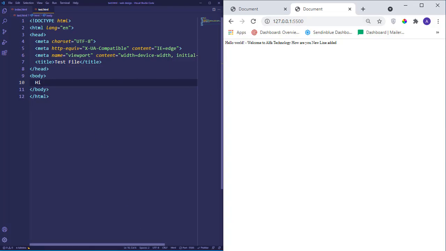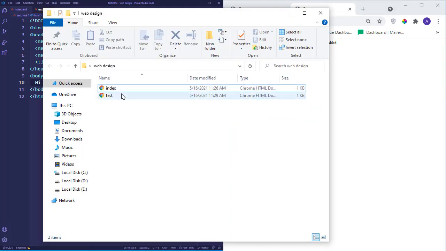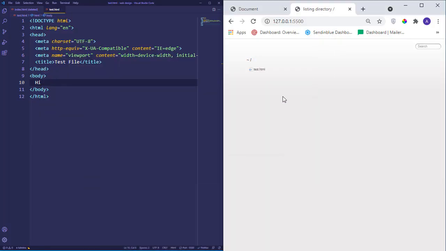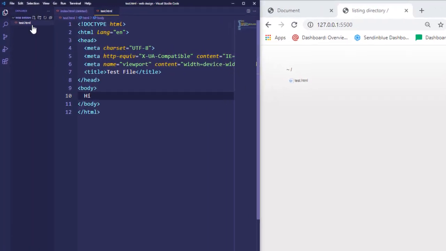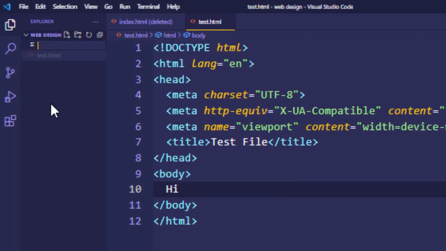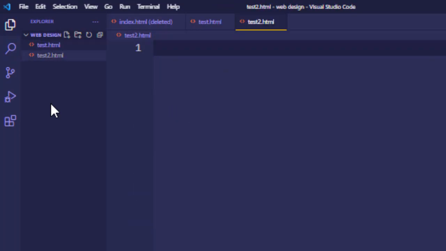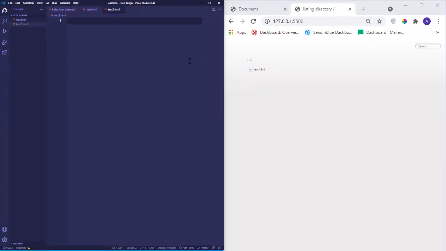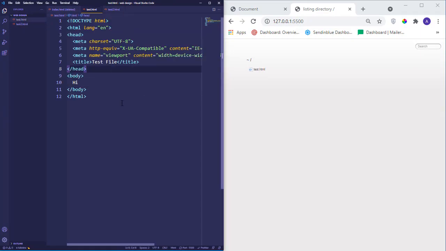Now what if you don't have any index.html file in your directory? If I delete the index.html file, you can see we got nothing, but here you will get all the files that you have in your directory. Let's create a new file again, which I will call test2.html, and obviously I need to refresh here, so we get two files.